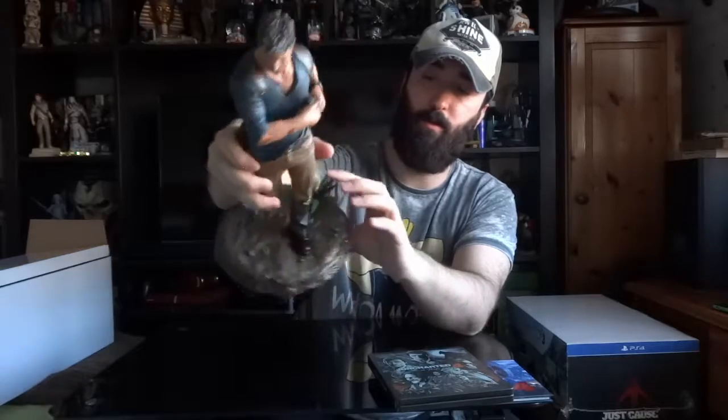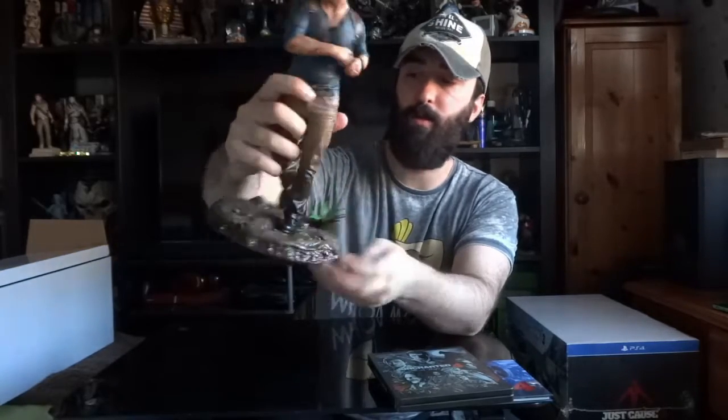Obviously this one, I think they've said they aged him a bit. He's a few years older than he was in the last game. Can't tell so much, I guess, in the figure itself, but you can when you play the game. And then you've got the mud, a little bit of shrubbery down here. So I think that's a great statue, and as I've said many times, the newer ones are bigger than many